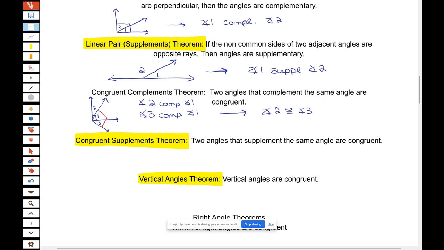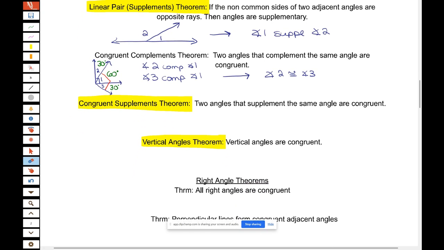Let's say this angle is 60 degrees. If angle 2 complements it, that means it makes it add up to 90. So angle 2 would have to be 30 degrees. Angle 1 is still 60 degrees. If angle 3 complements it, it would have to be 30 degrees. So since this angle and this angle both make this add up to 90, they both have to be equal. We will use that theorem, and we will use its little twin theorem,